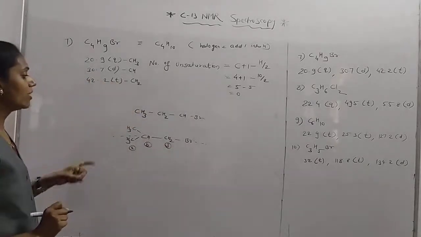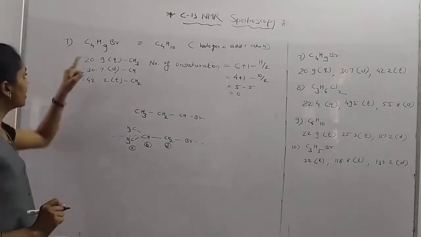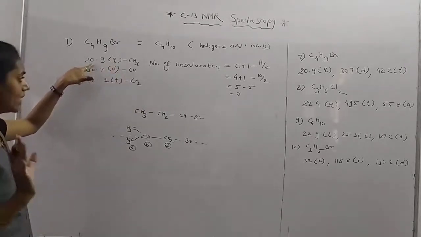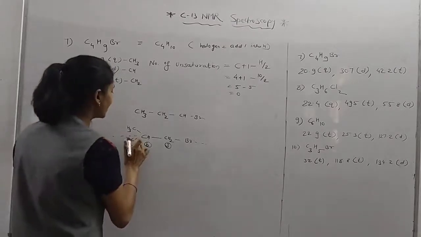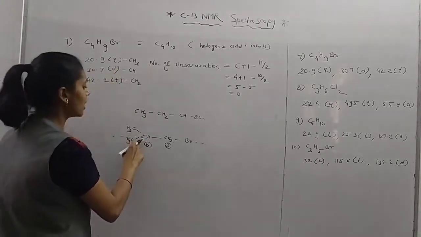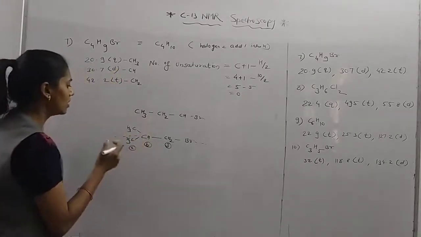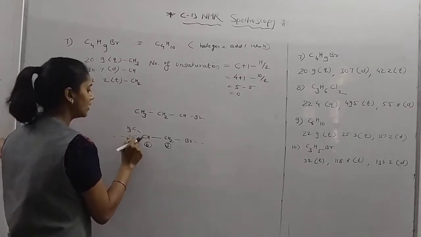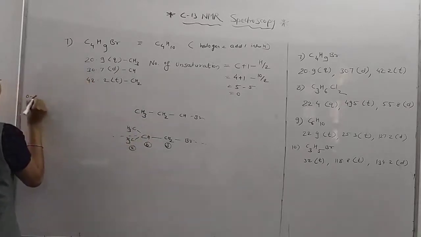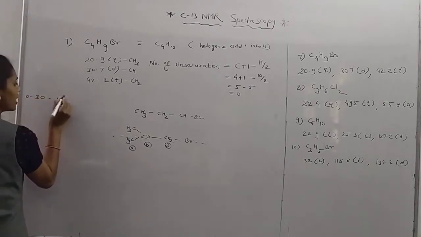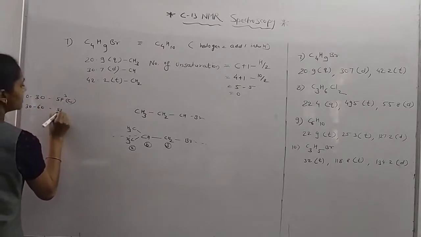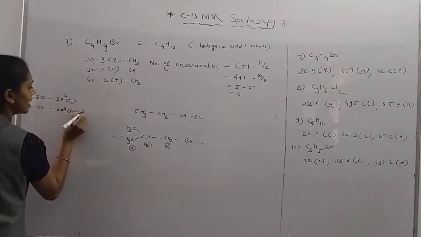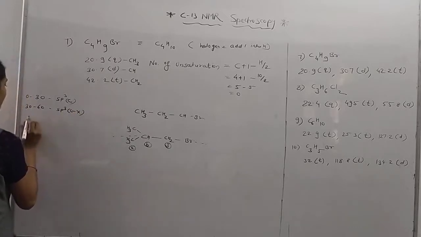Now check whether this structure is correct or not. CH3 gives the quartet at 20.9, which is in the region 0 to 30. So it is correct, as this CH3 group is attached to carbon and is an sp3 hybridized carbon atom, so its region is 0 to 30. I write the regions again: 0 to 30 is for the sp3 carbon atom; 30 to 60 is for an sp3 carbon attached to X, that is an electronegative group. Next is 60 to 90.